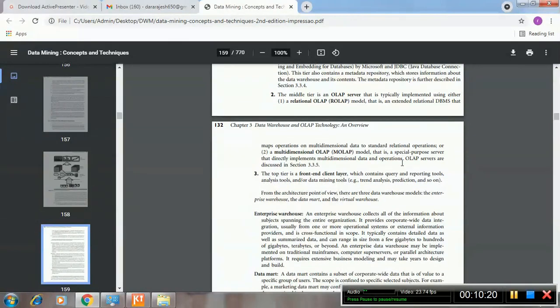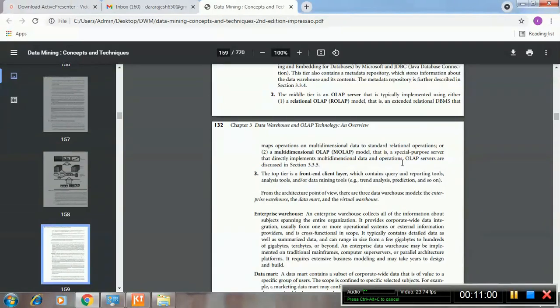Or MOLAP, the multidimensional online analytical processing model, is a special purpose server that directly implements multidimensional data and operations. So you people have awareness of what operations we can perform on OLAP: roll up, drill down, slice, dice, pivot.